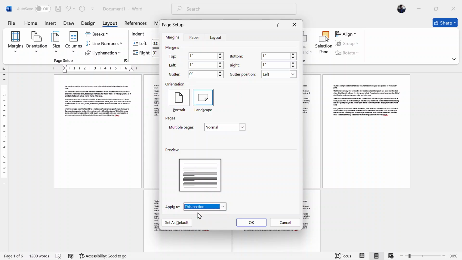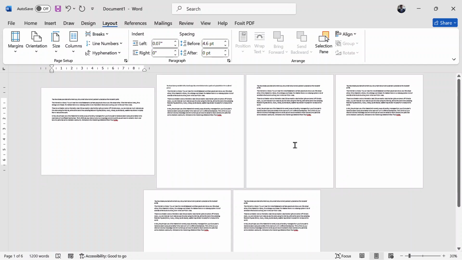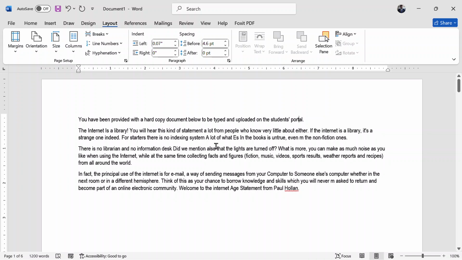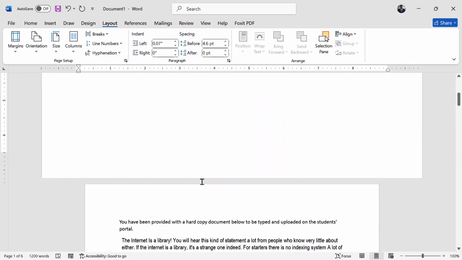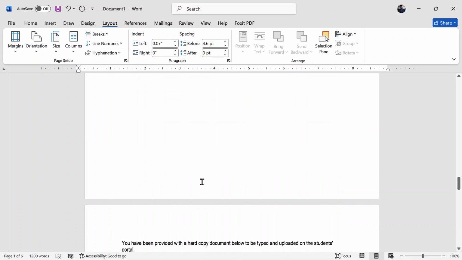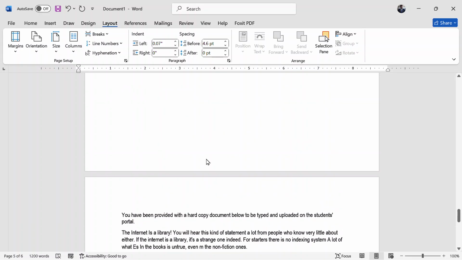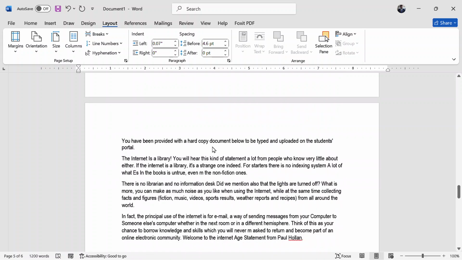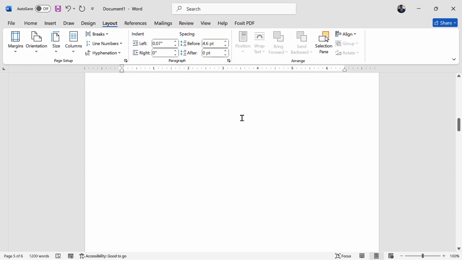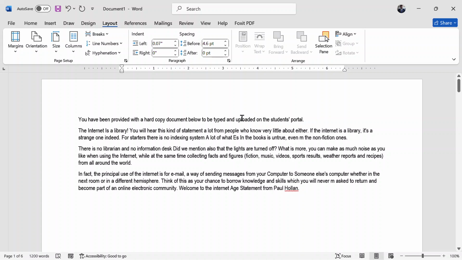So I choose this section, and when I choose these sections and click on OK, it definitely changes only that page. And when you zoom in, you can see that page 1 of my document is in landscape format, page 2 is in portrait, and the rest of the document. I can also choose to put any of the other sections. Like for example, I can say, let me make this last section also in landscape format, to make you understand that this works only on that section.